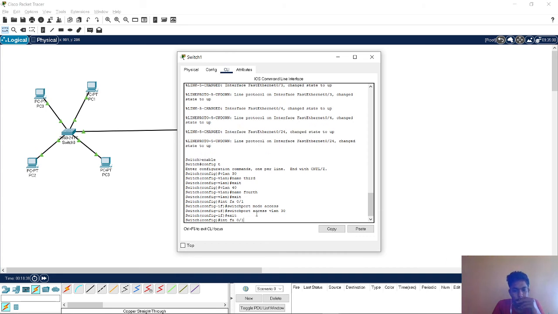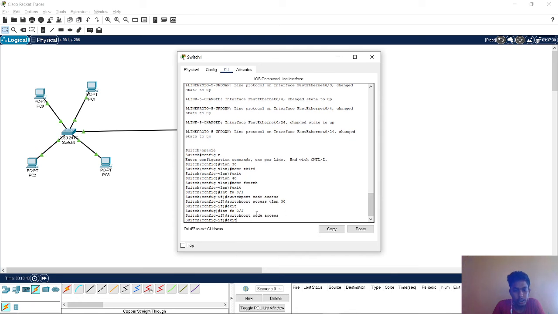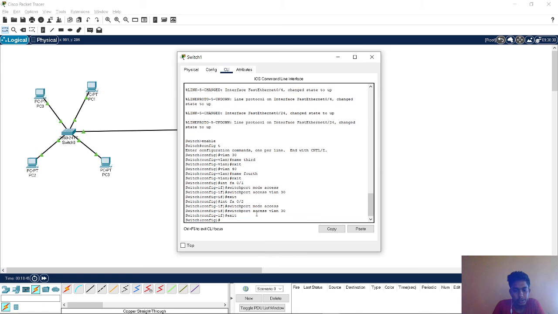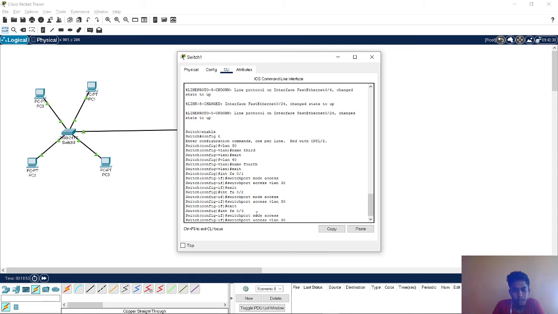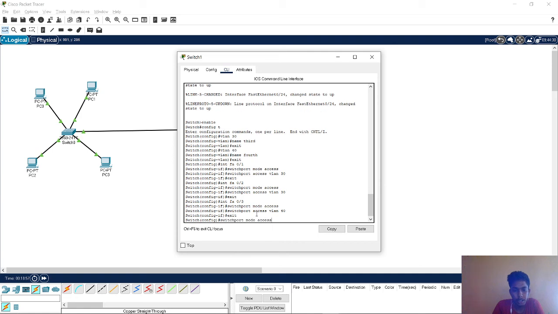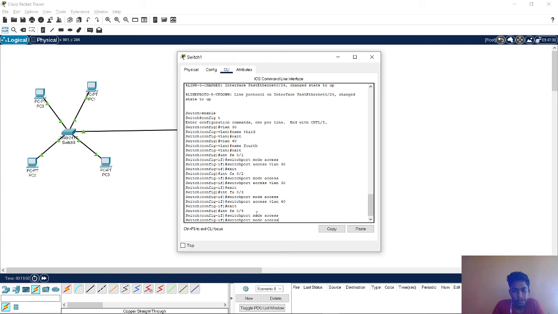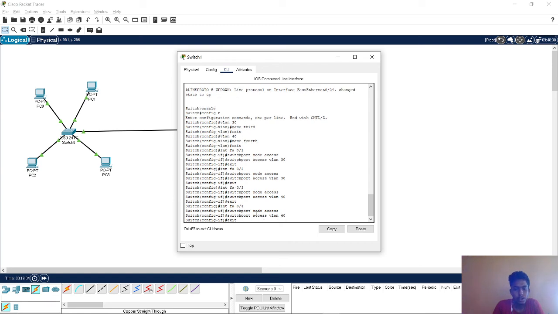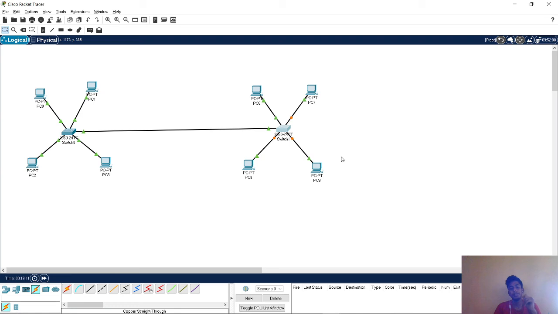Next, the second PC also we assign to VLAN 30, and exit. Next, the third PC we assign to VLAN 40, and exit. Next, the fourth PC is also VLAN 40. Now the VLAN assignment has been made, and the switch configuration is done.